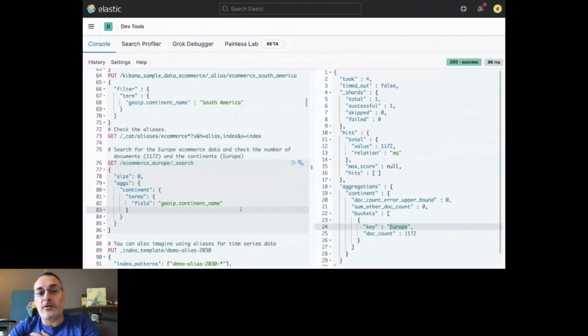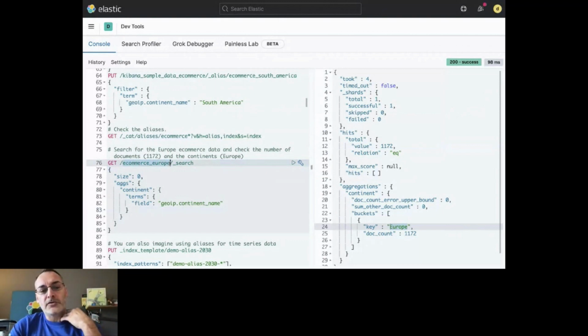This is super convenient when you want to reduce what a given user can have access to. If I have a salesperson who has access only to this alias, then he will see only that subset, even though I'm not specifying the filter here, because it's built in.